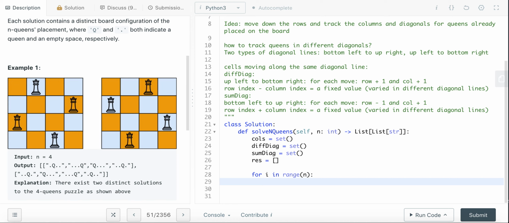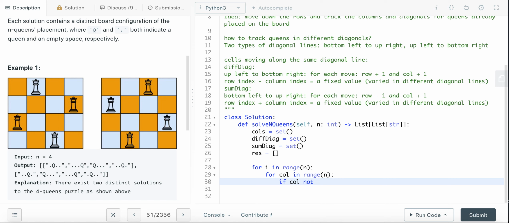So let's say, in this case, we just check basically for column in range n, if this column not in visited. So if this column index is not in this column set, which means no queen has been placed on this column,